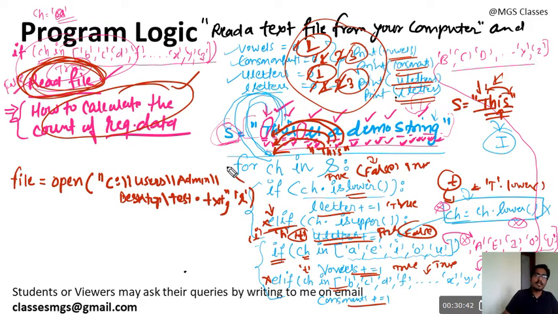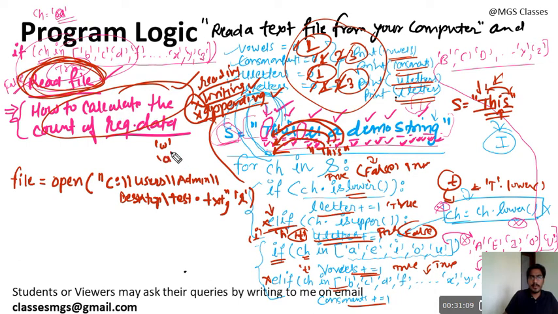There are three modes in file opening: reading, writing and appending. In this case we are only using reading because we are supposed to read the file, we are not going to write the file. These others are for the purpose of writing. I have already shown the difference between writing and appending mode in the last video, so I am not going to tell it here. For writing you need to pass the W character, and to open the file in append mode you need to pass the A character here. Here we are reading, that's why I have passed R.